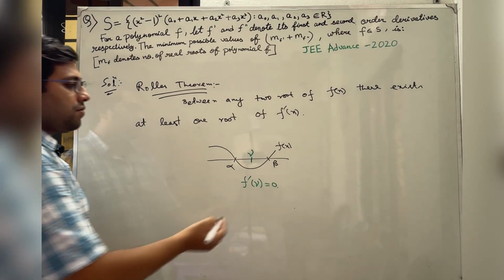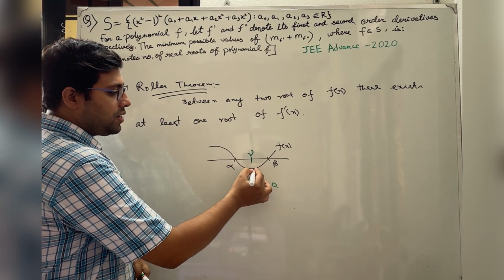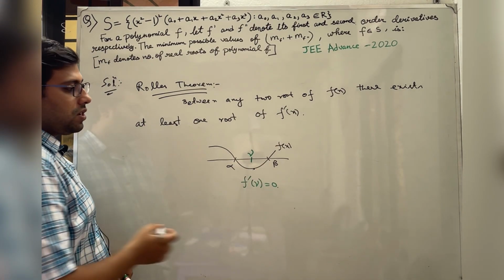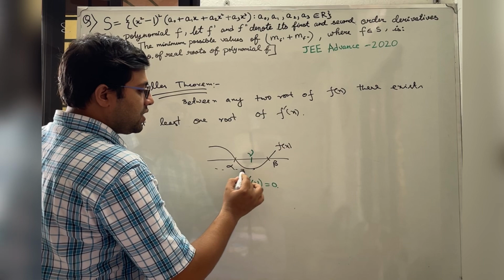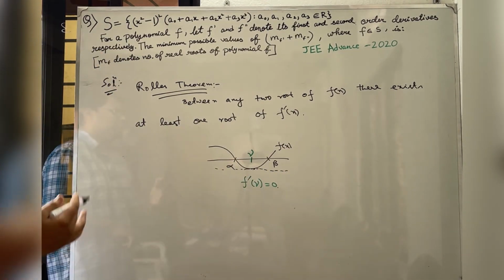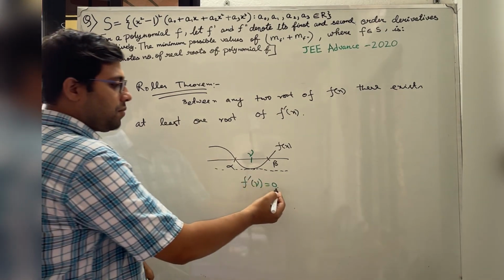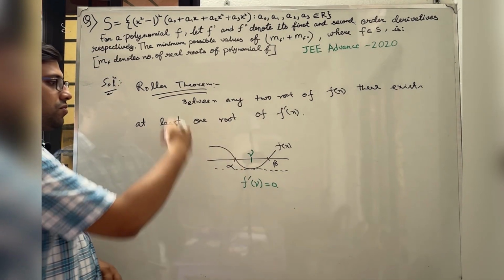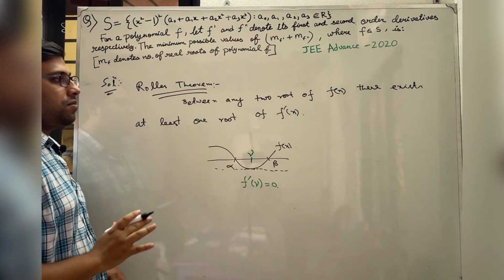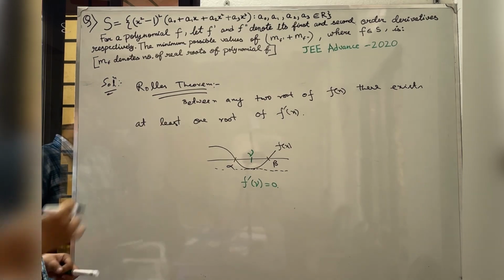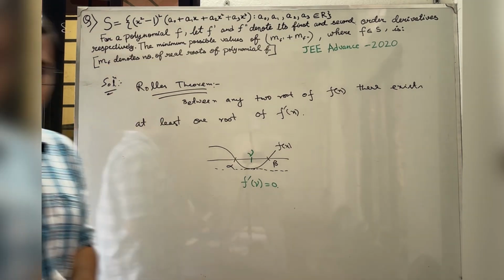Actually, students, look at this point. This is the point of local minima. So if we draw a tangent here, this will be parallel to the x-axis. That's why f'(gamma) becomes 0. So this is the geometrical interpretation of Rolle's theorem, and we will use Rolle's theorem to solve this problem. Okay. Now, first,